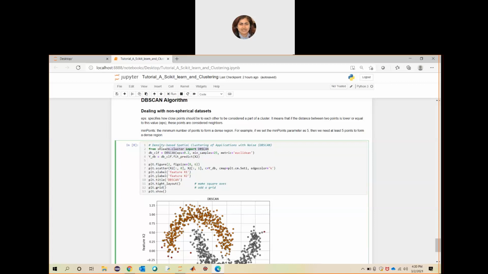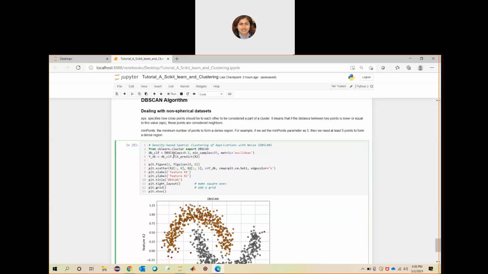But to use the function, you need to import the library: from sklearn.cluster import DBSCAN. So the DBSCAN function is called with epsilon set and min samples set, and you want to find the distance between consecutive points, so a distance measure is supposed to be used. If you remember Euclidean distance, you have also done the assignment based on that Euclidean distance, correct? So we are using that Euclidean metric here.